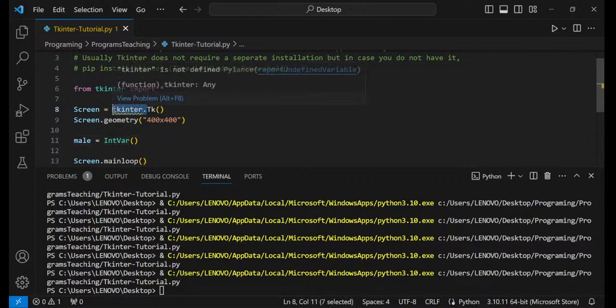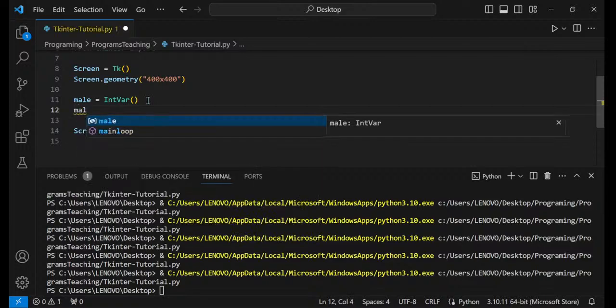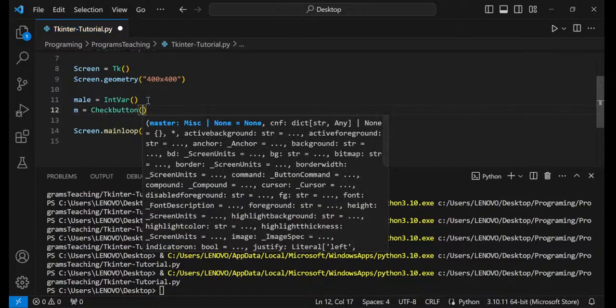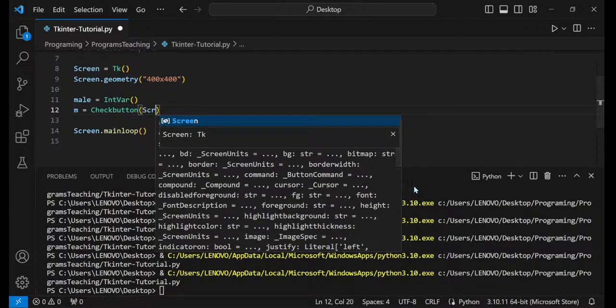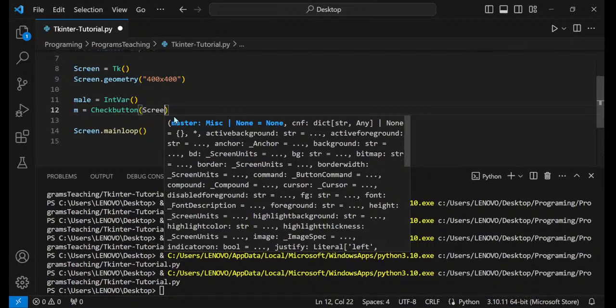And now we do not need the Tkinter dot, so we can just start with tk and we have int bar. So what we can do is m equals check button, right, with our master as screen,